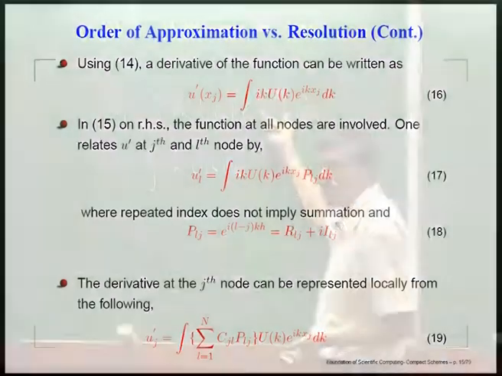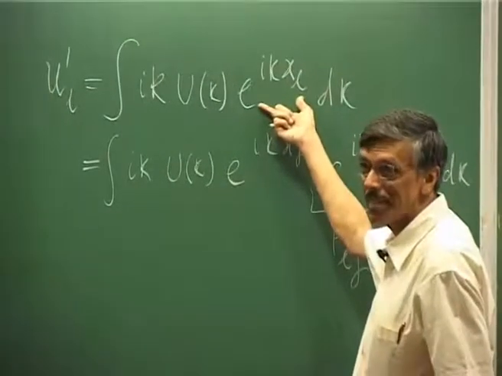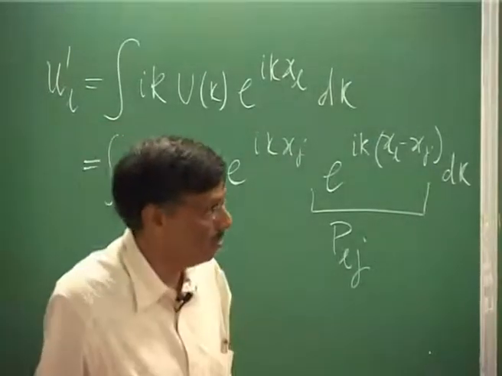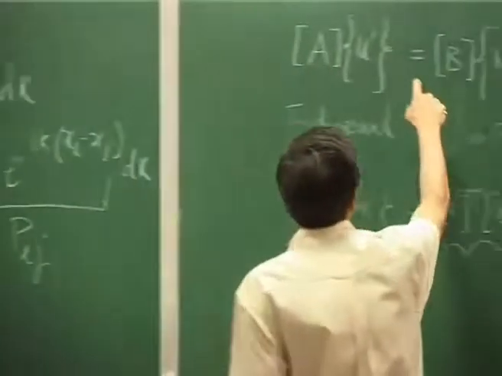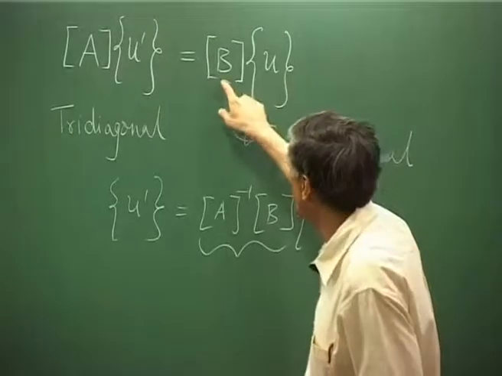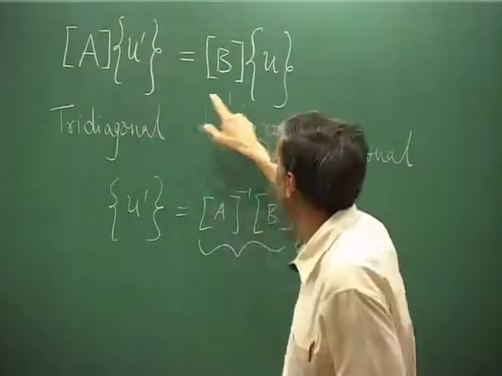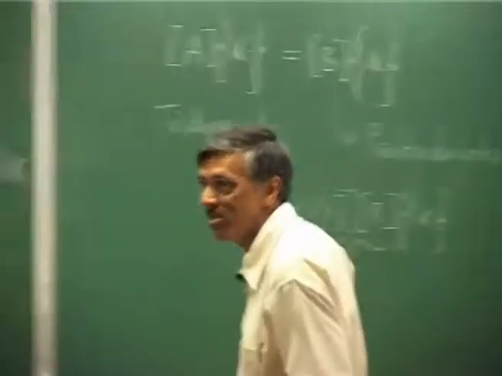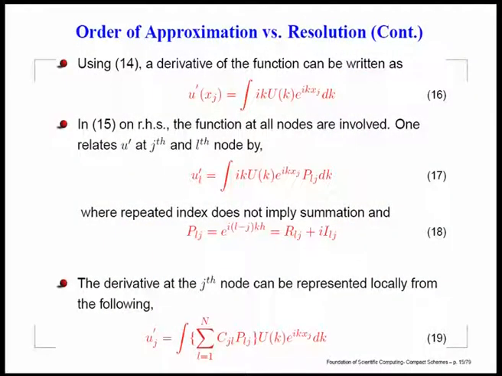My phase is dictated by this quantity evaluated at the lth point itself, whereas numerically we try to add up all the points' contributions in the domain. That is what this right hand side implies: if I am trying to find the jth point, it is not necessarily only at the jth point, but from U1 to UN. All the points come into the picture. So I have a sort of global operation in the numerical sense, but if we were to find out what is happening in the corresponding theoretical spectral explanation